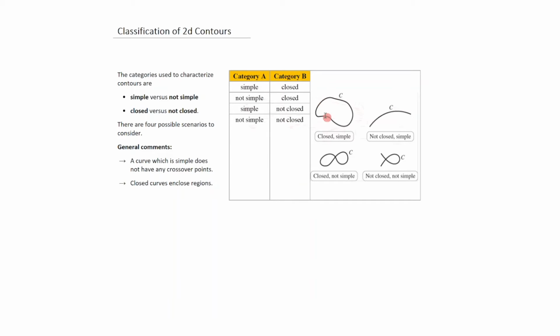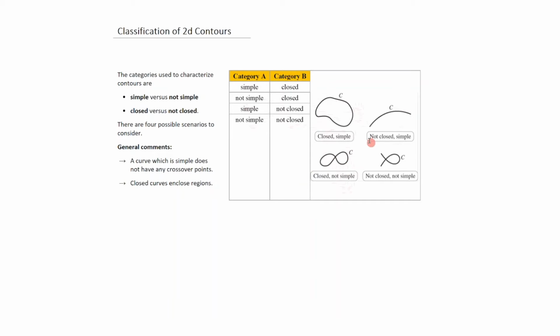So this would be considered a closed, simple contour. And this is a problem that we've been using all along. So there are no problems with this one. Closed, not simple. All right, so this one is potentially problematic because you have a crossover point here. And so you have to keep track of what's going on. There's a region here and a region here. So in principle, this is a problem that could be solved, but you've got to keep your eyes on this